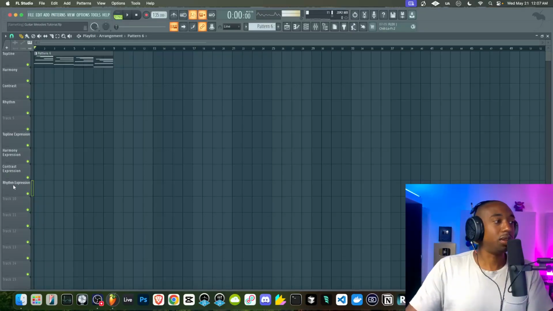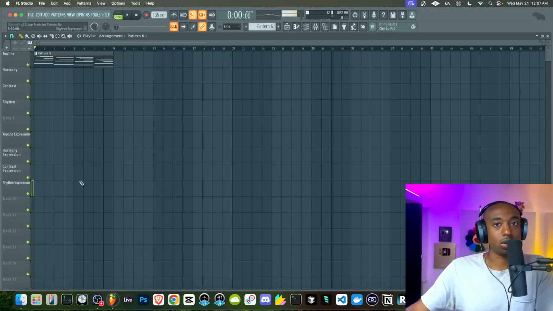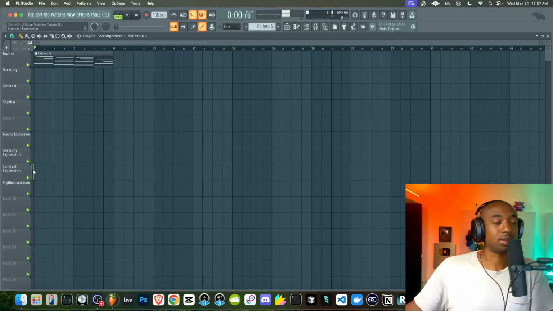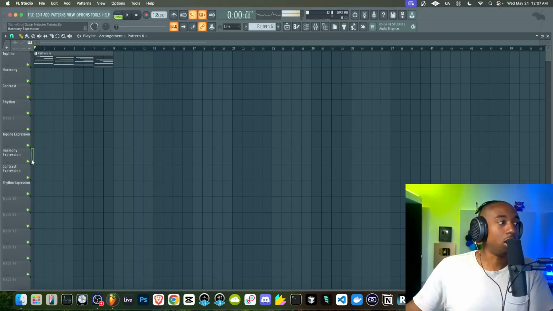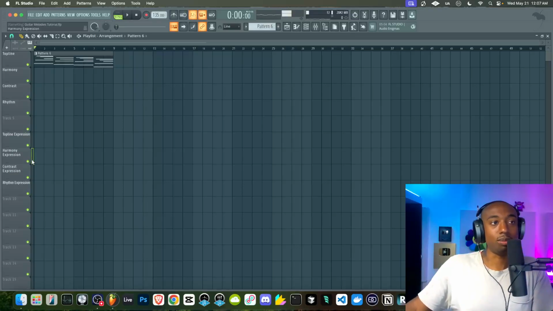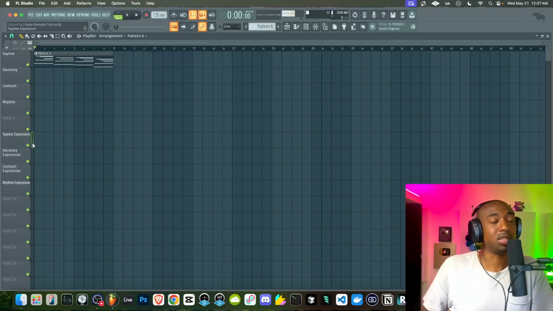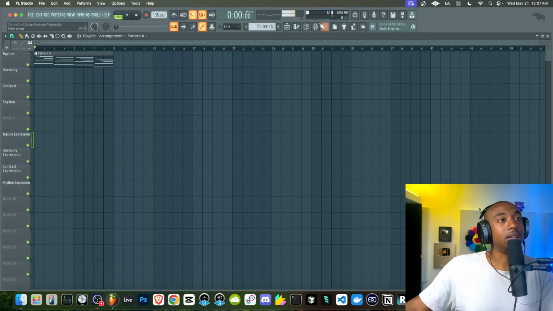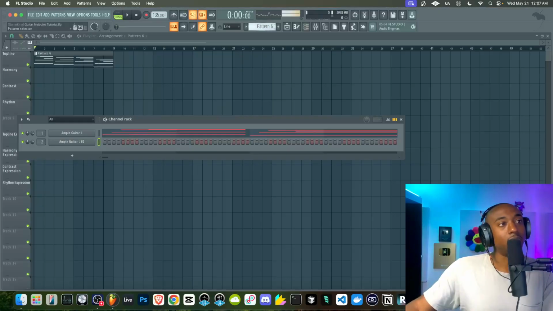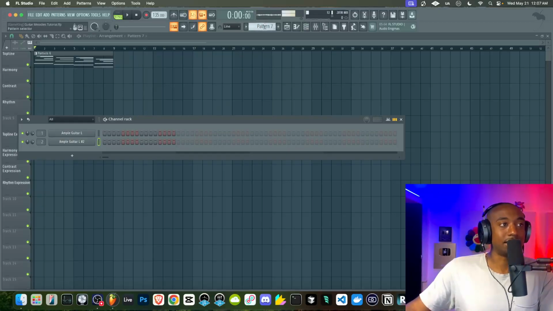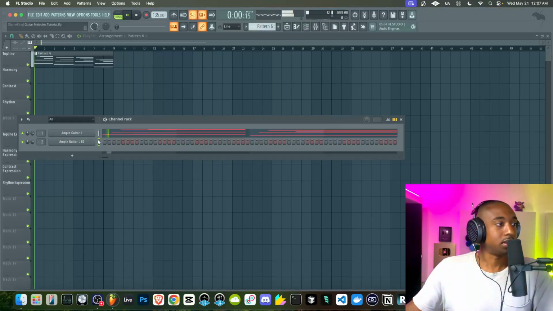Now, an example of a rhythm expression could be a hi-hat roll or something fast like that. A contrast expression could be a bass line slide. Harmony expression could be you simply using chord bends when you play your chords. Top line expression could be the same thing, pitch bending your top line. So some people may call them accents, but I call them expressions.